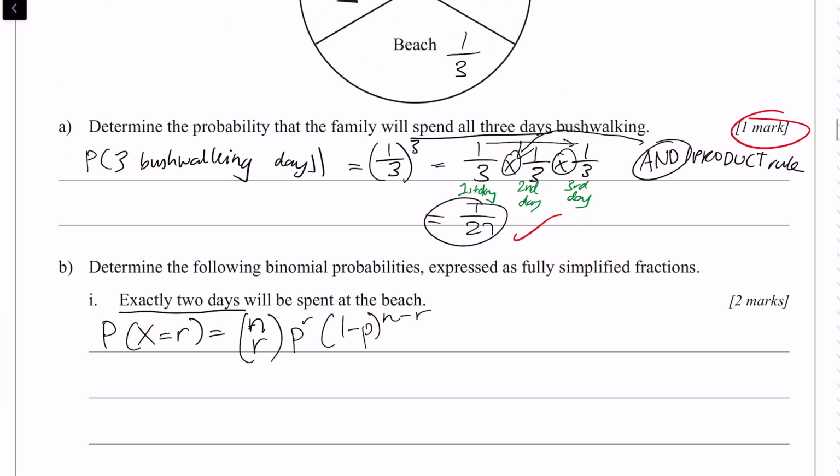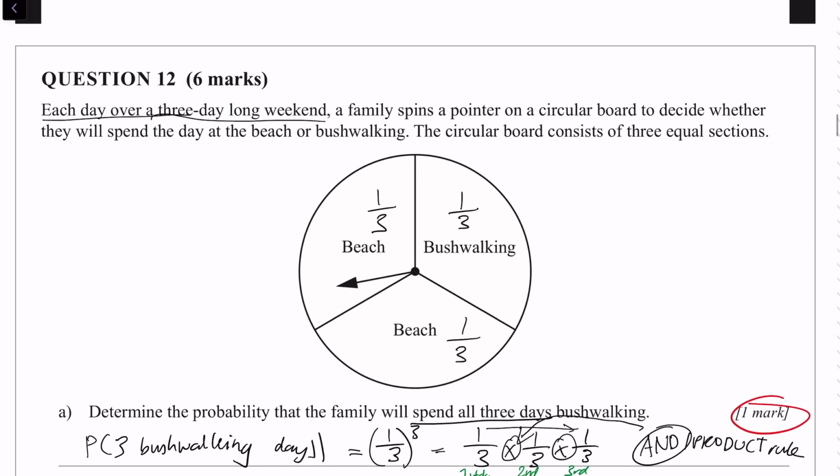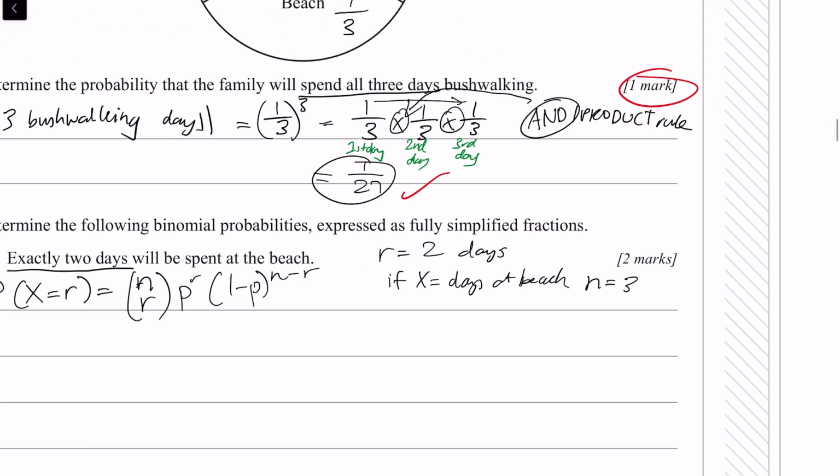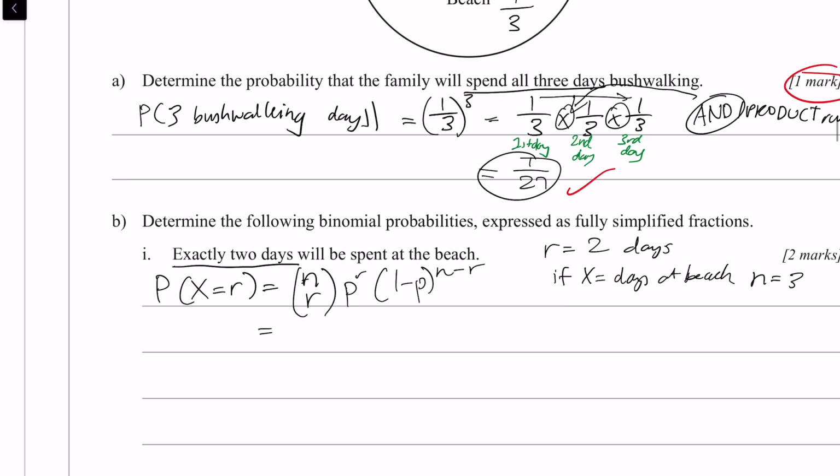Okay, that's right. So we know that my r value is what I want the number of days to be, especially if we let X equal the days at the beach. Okay, so that makes sense. X equals r, so days at the beach equals 2 days. And then my n is my total number of trials, which will be 3 trials or 3 days at the beach. Okay, and so what happens there is that I can just substitute in: probability of X equal 2 is equal to